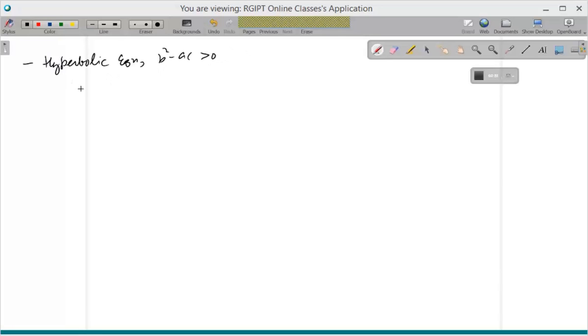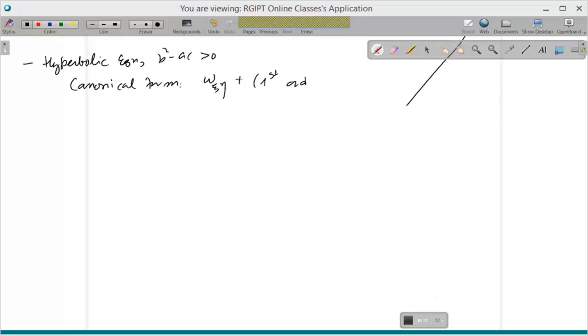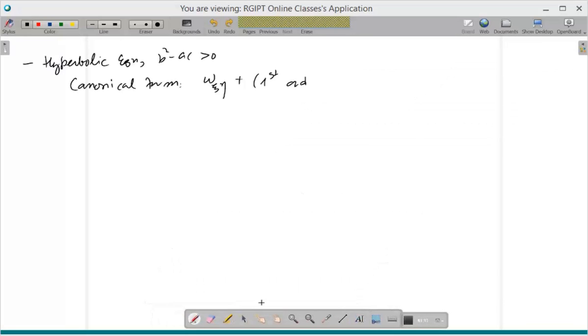The canonical form is w zeta eta plus first order derivative terms